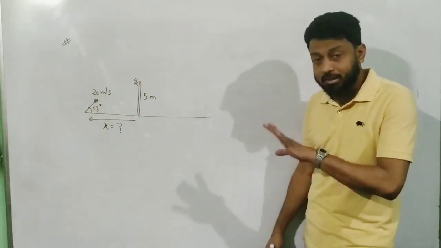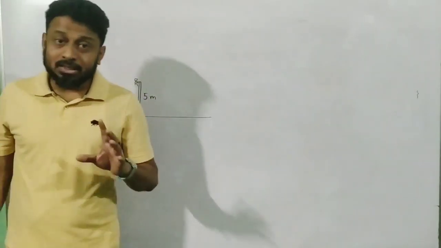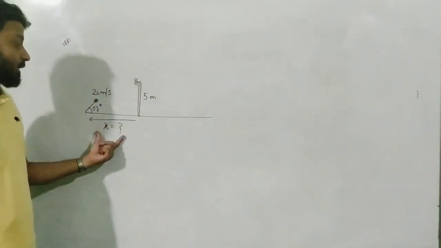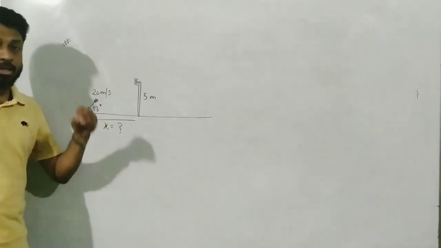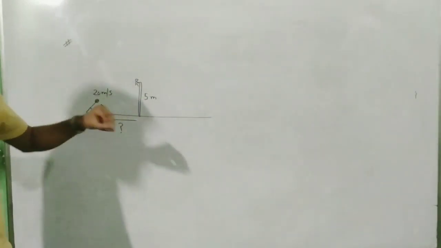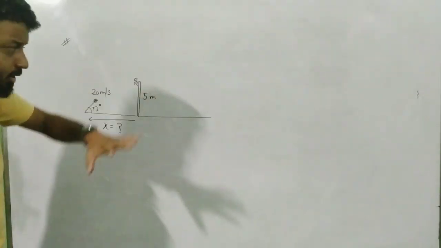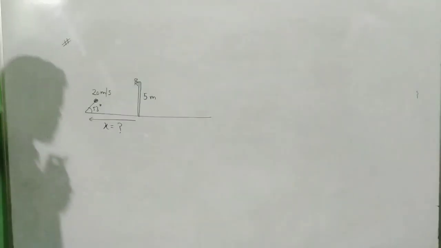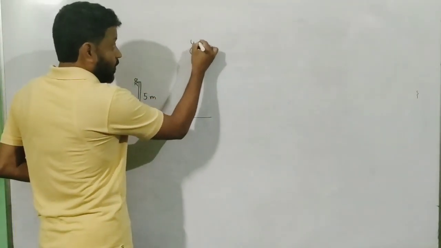Now look here. What is the event here? The event here is hitting the toy, and this event should take place. Now remember, x is unknown for us. I don't know x. But definitely one thing is sure, that the event is taking place at a height of 5 meters. The question is, how are we going to find the value of x from it? I'll just give you the overview of doing this question, and it will come with a very interesting result. So I will start with the event called y.